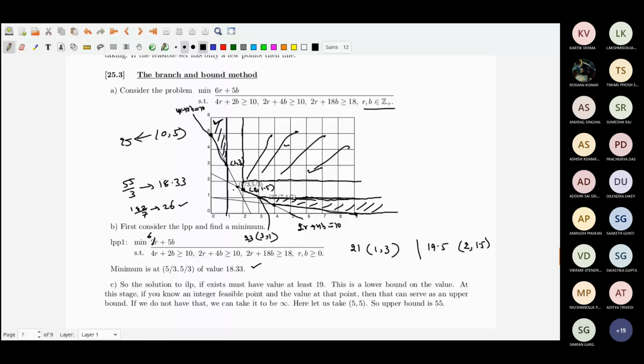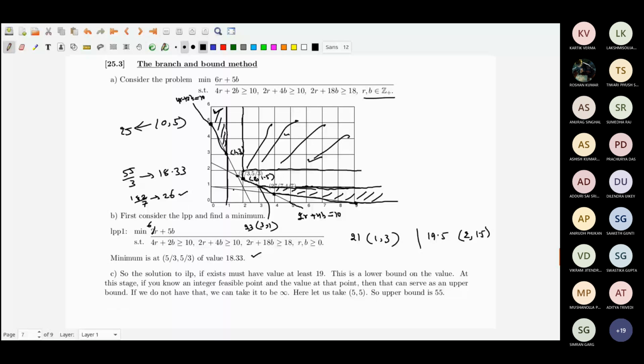So when I am dividing this node 3 into 2 branches, I am finding 2 regions, and in both regions, over every point, the function is minimized. At one place it is minimized at 3 comma 1 and the minimum value is 23. In the other region it is minimized at 2 comma 2 and the minimum value is 22. Right? 2 comma 2, it was 22. And therefore I immediately realize, so I get that.